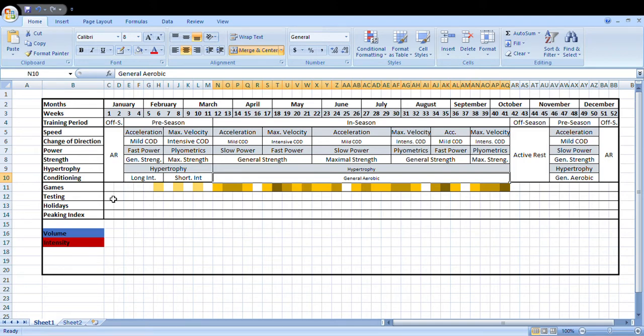So the next thing we're going to go to is our testing. When are we going to test our athletes, to monitor them, to make sure they're actually progressing, and see how they're doing, and we can adjust our training. So I'm going to put a few, maybe we'll start on this side here where we're just finishing the off season. So maybe the first, coming back from our off season, see how their fitness is,